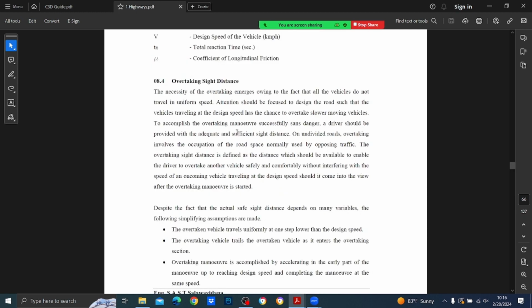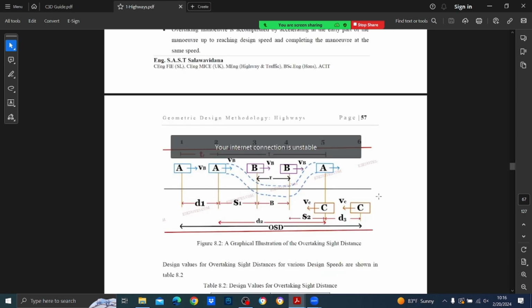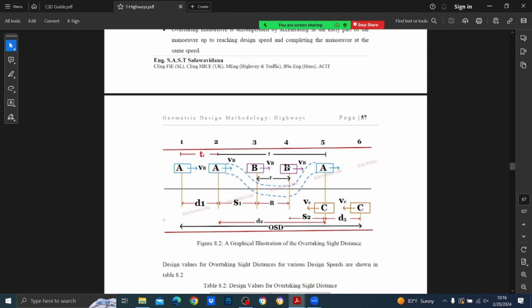And then we have overtaking side distance. Just think, now this person, B, is traveling at a lesser speed. So what A does is encroach into the opposite lane and go in front of vehicle B. Now to do this, there should be some physical distance available in front of you. Otherwise, that is why I say don't overtake at curves. But that is a general thing. If the curve has side distance,